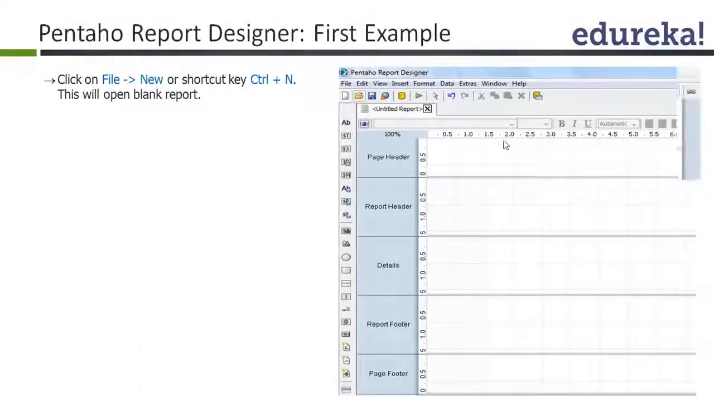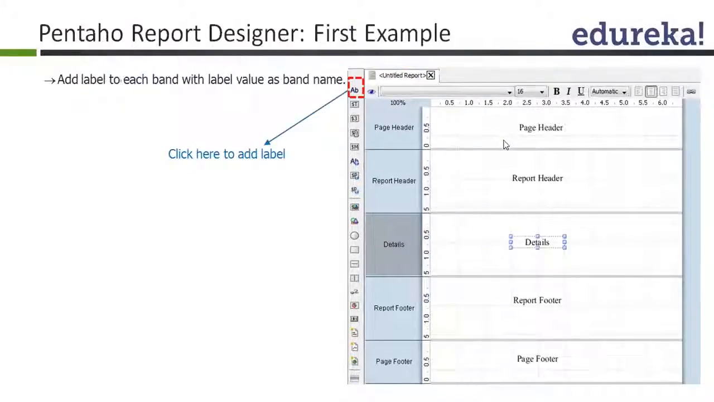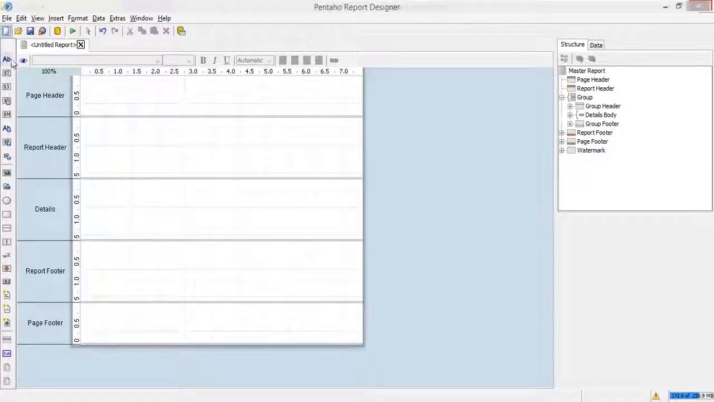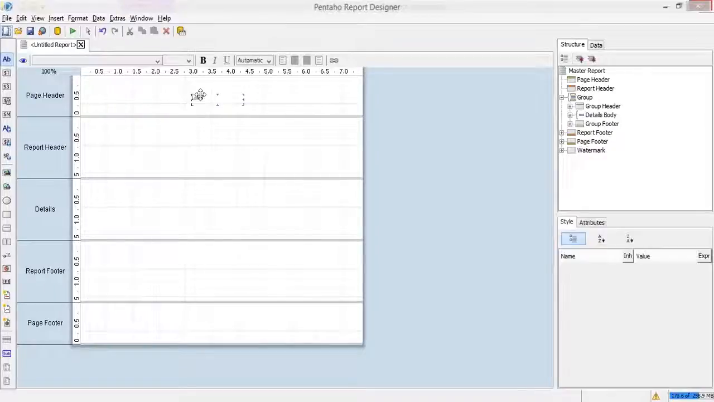So this is how you can launch a new, empty report, and these are different labels. This is an example: page header, report header. These are examples. So we will quickly drop labels here. So, page header,